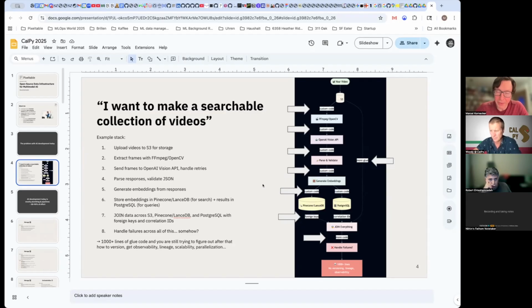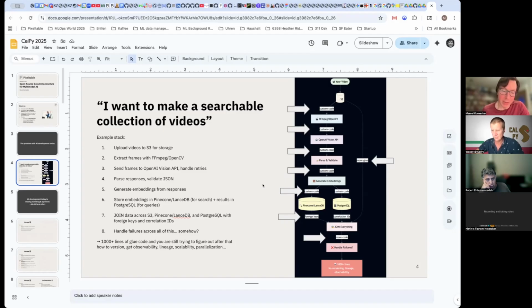But the problem is that if you try to wire all of that together, you have to write a ton of custom code to take data out of one place and shove it into the next. FFmpeg will create video files for you. You have to drive the OpenAI Vision API yourself, and so forth, right? So there's a lot of code to be written to put something fairly simple together and make it workable. So typically you write lots of glue code, and even after you do that, if you're now trying to turn it into a product, there's even more work, right?